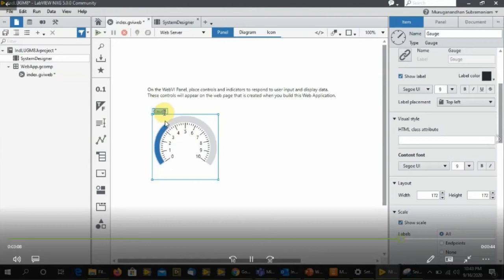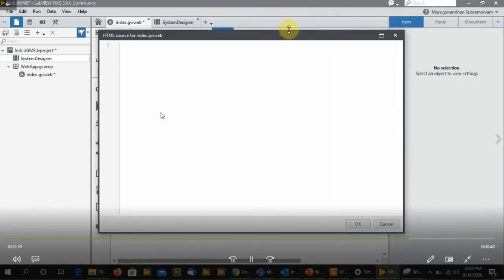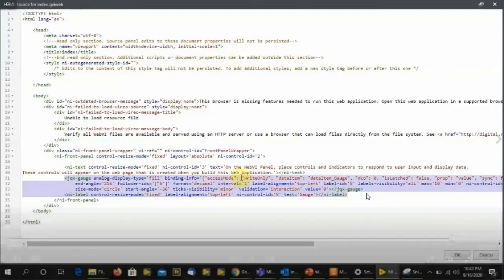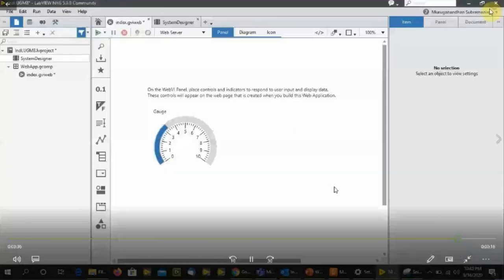Let's say the front panel object name is gauge, so we can search here. If you press Control F, there is an option to search in the HTML. I'm just typing gauge. Then we can see the respective HTML code is automatically added. So we don't need to do anything additionally. It will take care of whatever we are doing in the front panel. The HTML will be updated automatically. This code is completely added automatically.